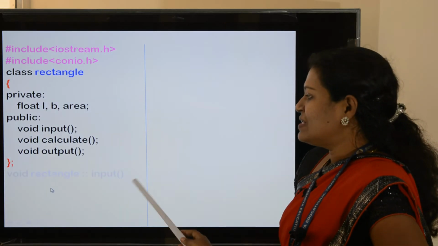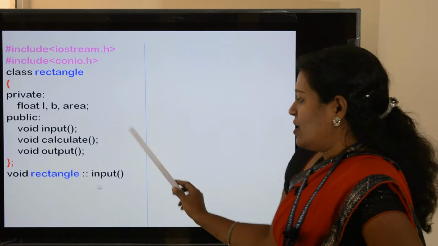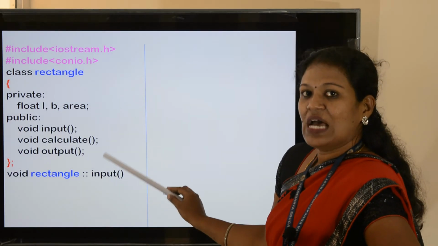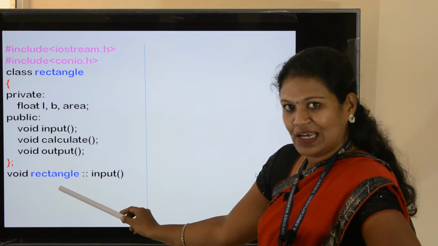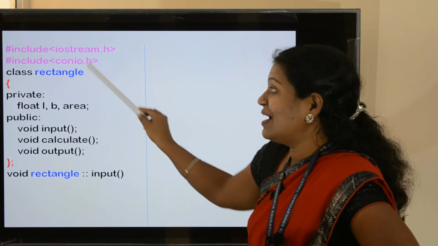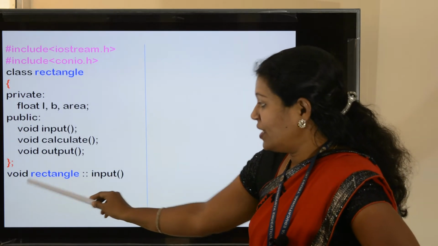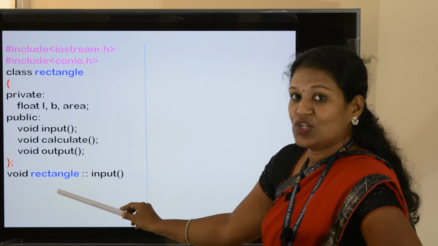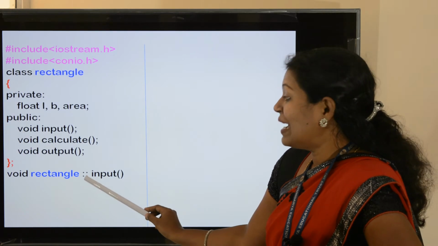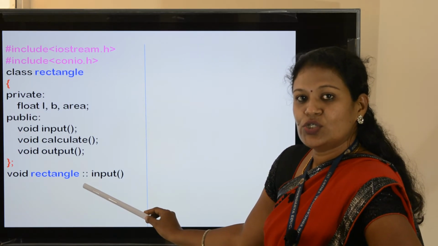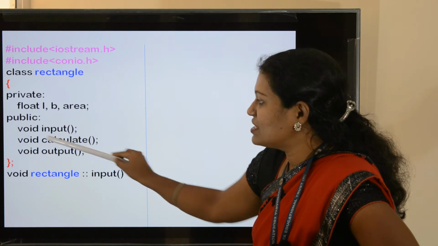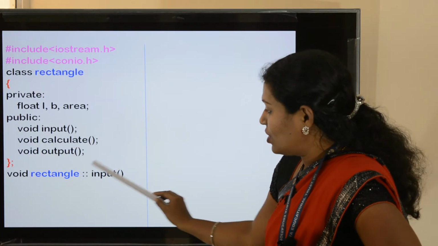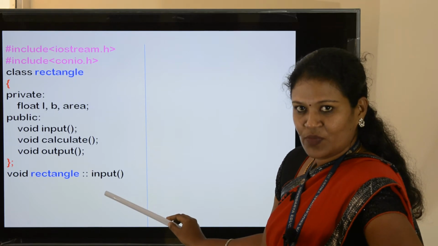Next, we will see how to define the member functions outside the class. See now, void Rectangle. Rectangle is the class name. So void followed by the class name Rectangle followed by the scope resolution operator followed by the first function, which is input.